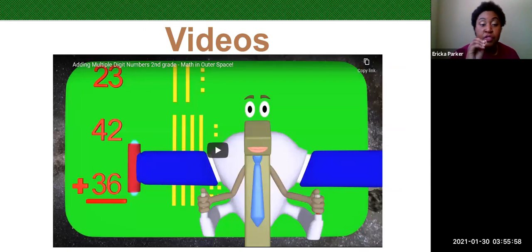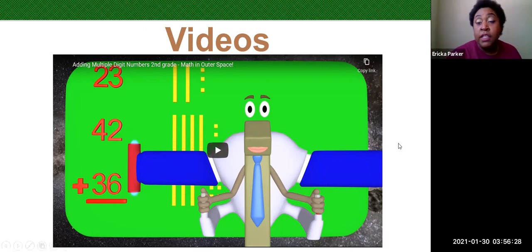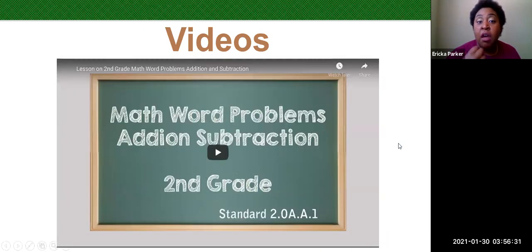All right, so I know that we've actually gone through adding 3-digit, adding multiple digits together earlier this school year. Now, like I said before, it's back. It is back, all right? So we need to make sure that we are working through not only just looking at the three numbers in the line, but